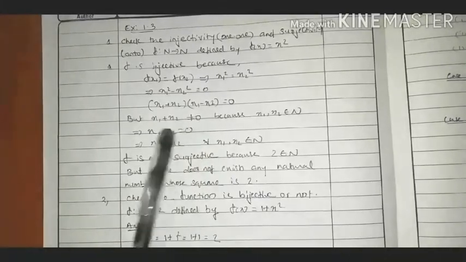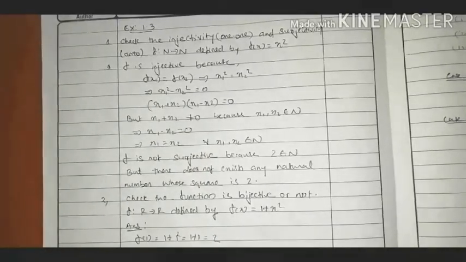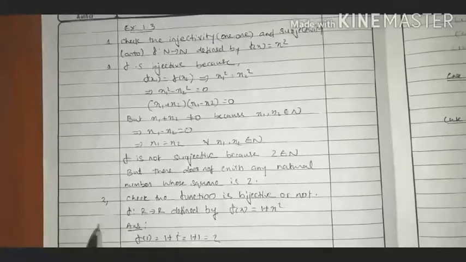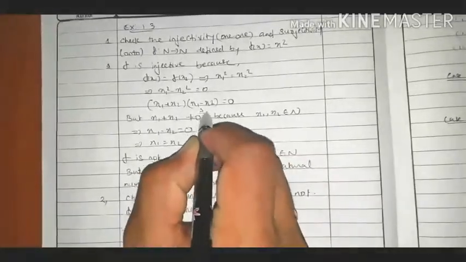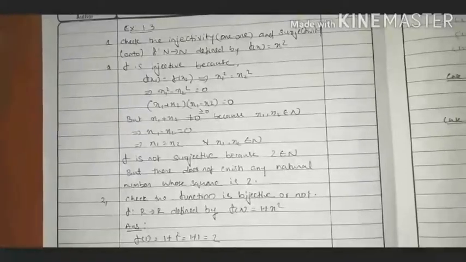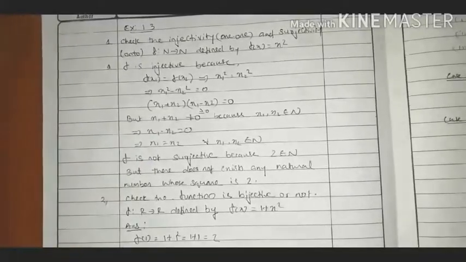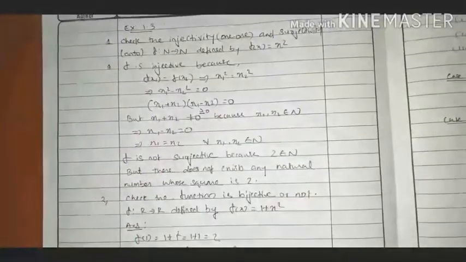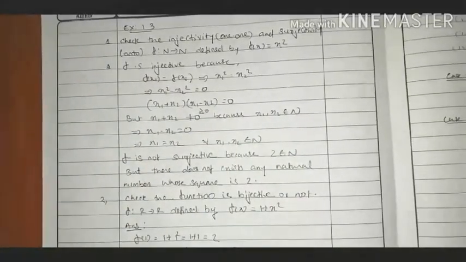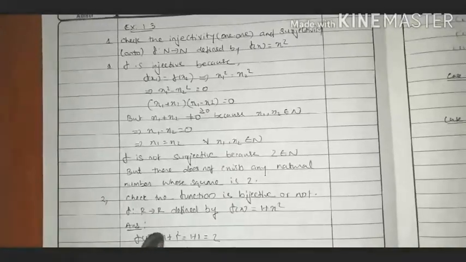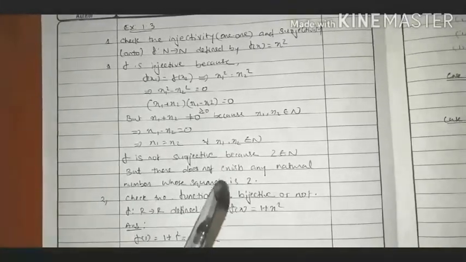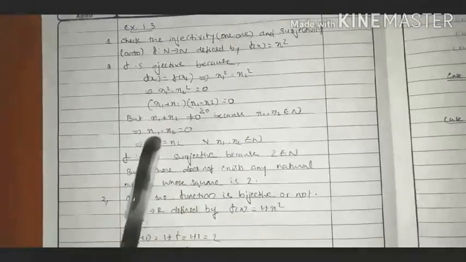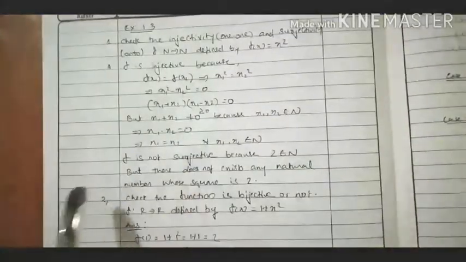Otherwise we can say that it is always greater than 0, because x1 and x2 are natural numbers. If they are two natural numbers, we are always getting it greater than 0, not equal to 0. And the only possibility remaining is x1 minus x2 is equal to 0, because the product